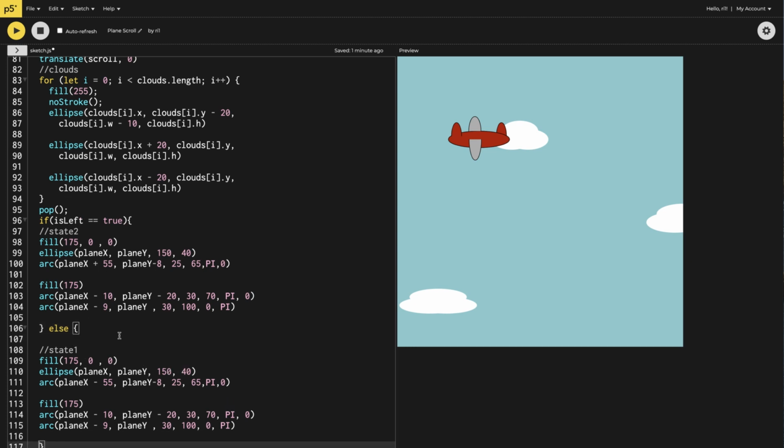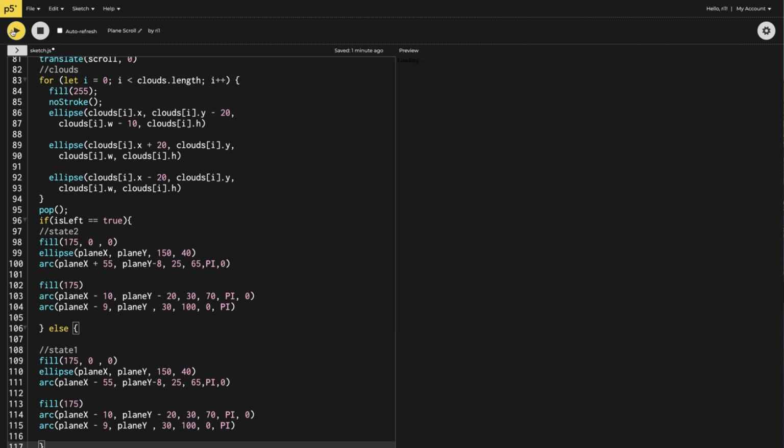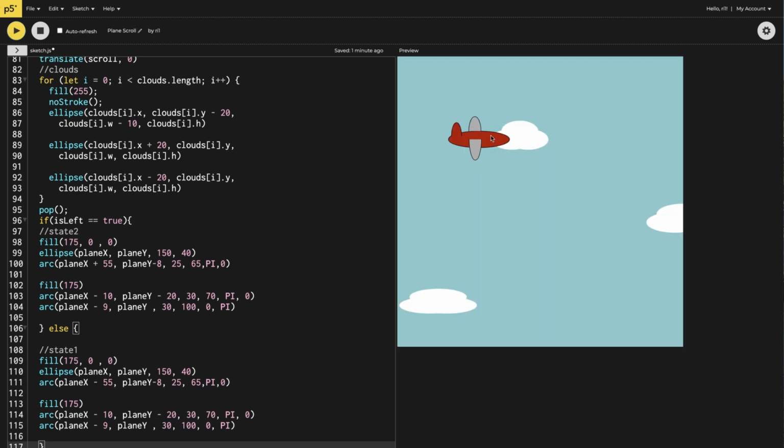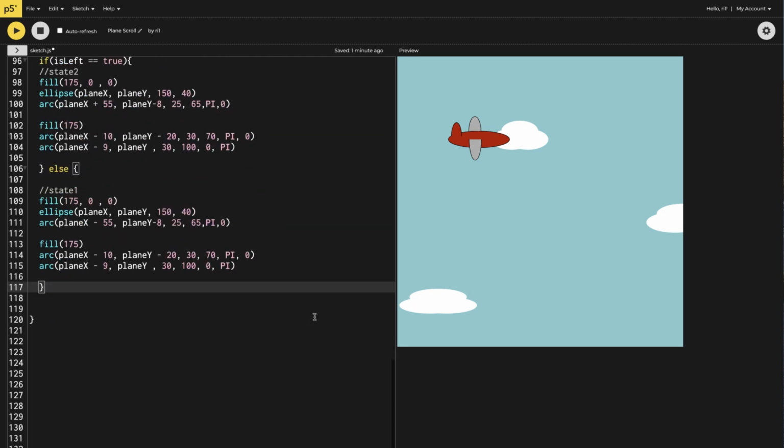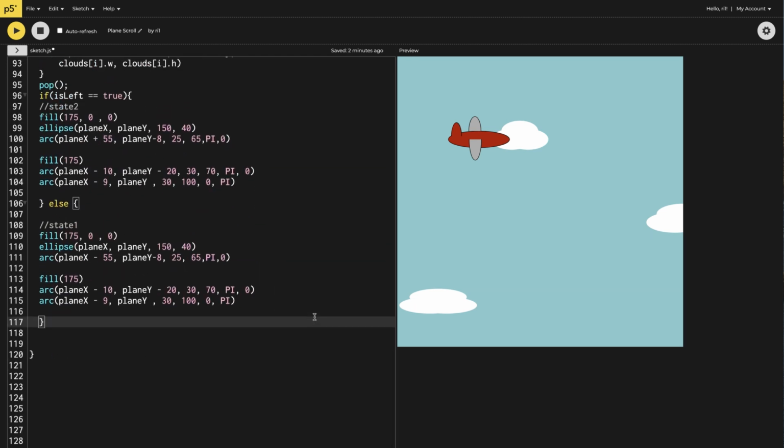So these are the two states. Now when I do that, you can see just one state because it's not in the other state right now. Okay, now this is done. Now we have to make the logic for it, so let's say the logic for scrolling, the scroll logic is,